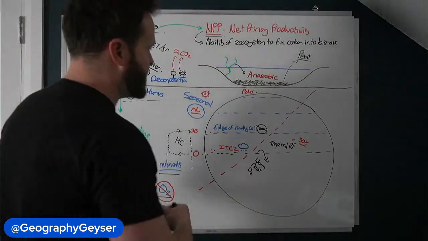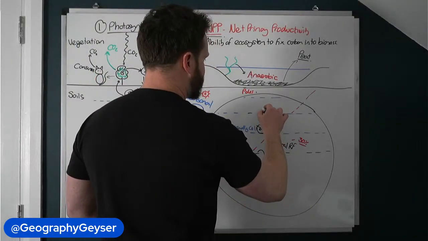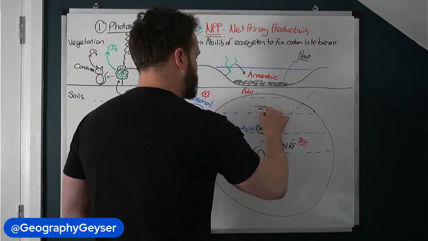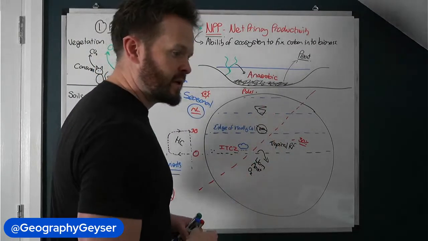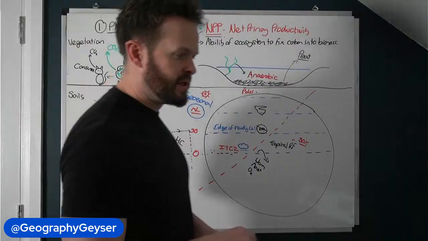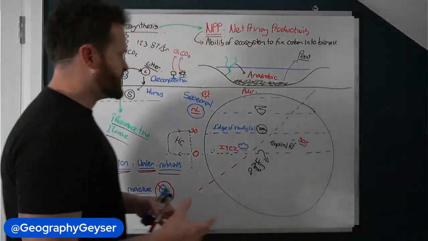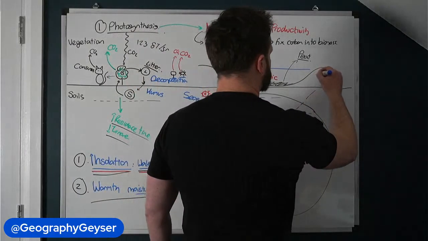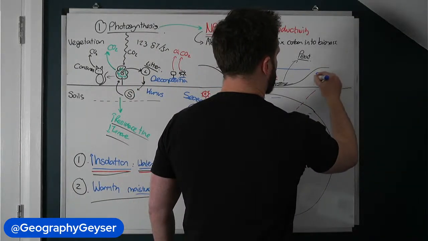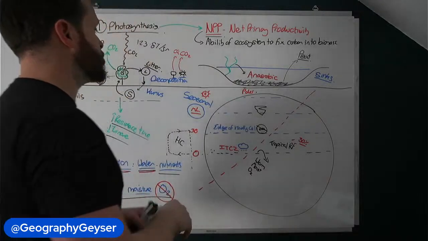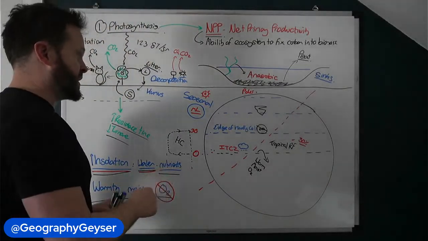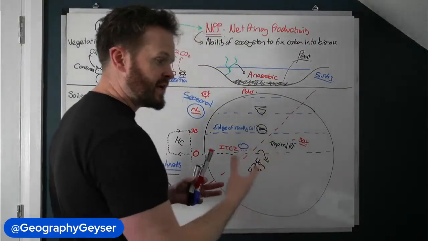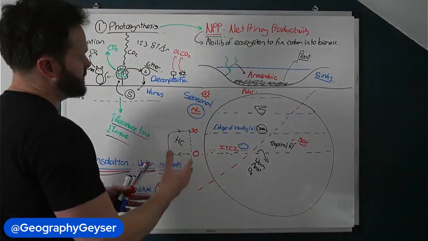So there's areas on the planet, places like Scotland. I'm not going to attempt to draw Scotland. I'll have a go. There you go, Scotland. It's not to scale, but it's my best. Where there's peatlands and where carbon is stored for many years. So peat bogs, swamps, marshes, they are incredible carbon sinks. But again, it's just a way of carbon moving through in different ways and staying in places for different amounts of time.